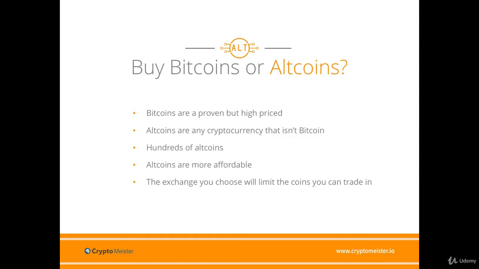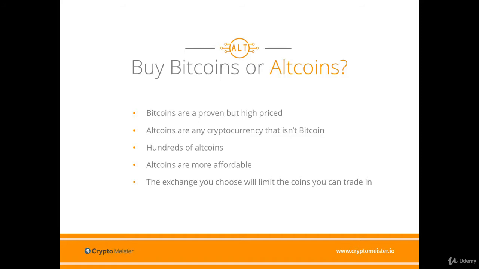Altcoins are defined as any cryptocurrency that is not Bitcoin, and there are literally hundreds and hundreds of altcoins. They are considered riskier, but there are a few options that have now risen in the market. These are more stable and are still priced lower per unit than Bitcoin, so making them an ideal entry coin for traders. If you would like to trade in an altcoin, there are plenty of exchanges that offer alternative coins